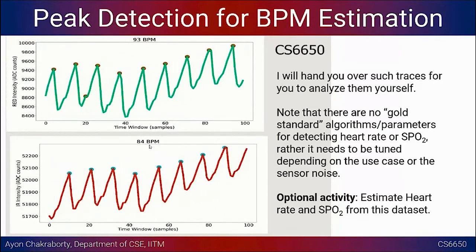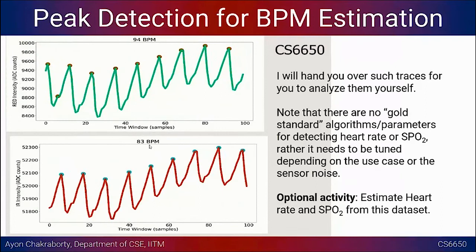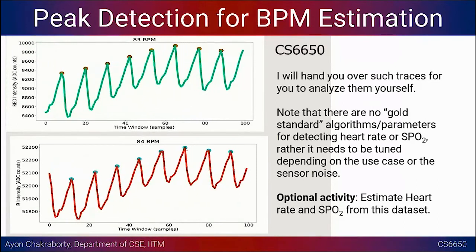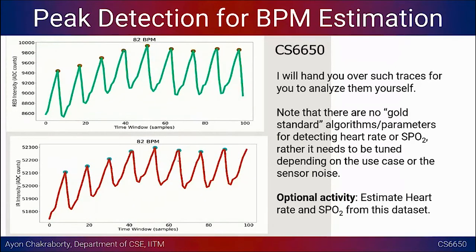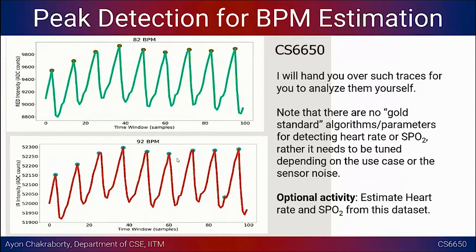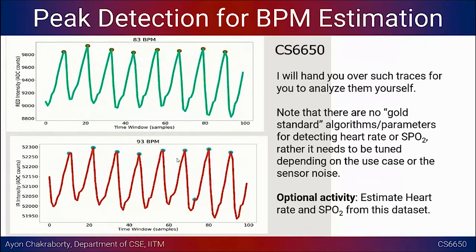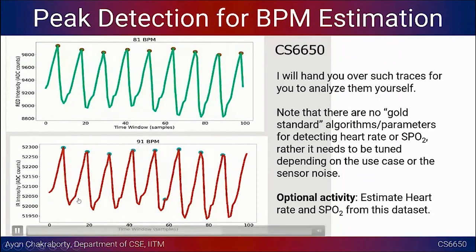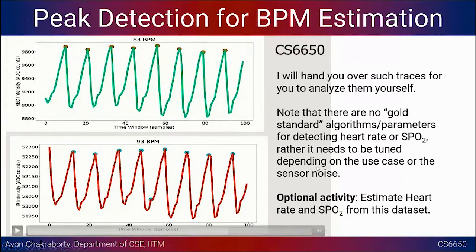Okay, so the dotted things are wherever I am detecting a peak. This is not the only method to get the heart rate. Normally, another popular technique, if you are interested in your analysis, while you do the analysis based on the phone camera, you will see a lot of spurious spikes like this.